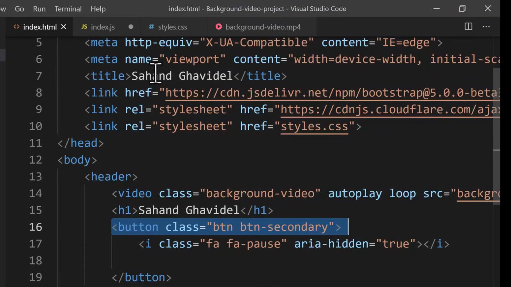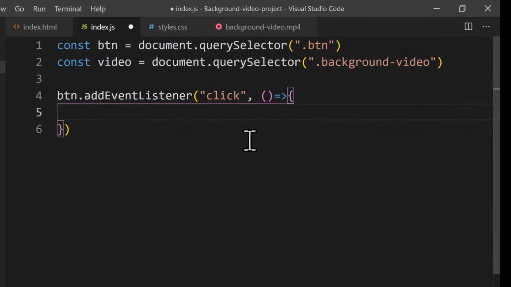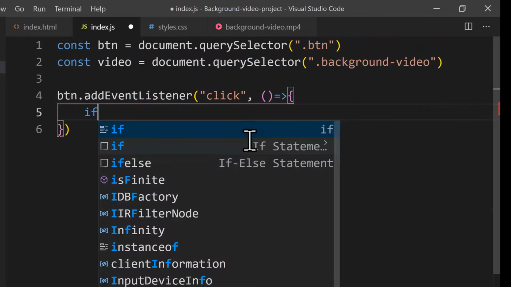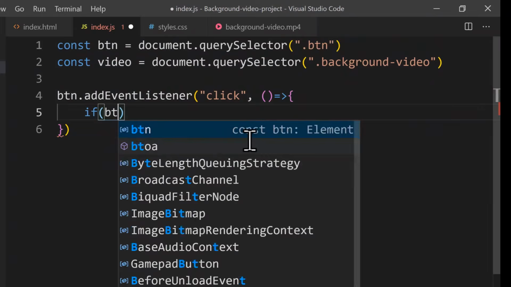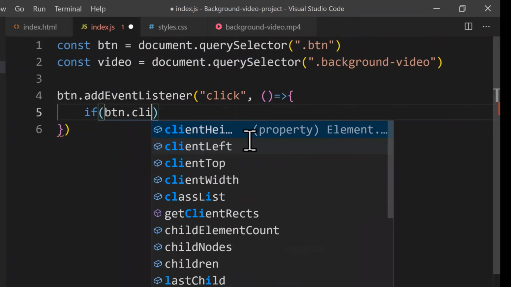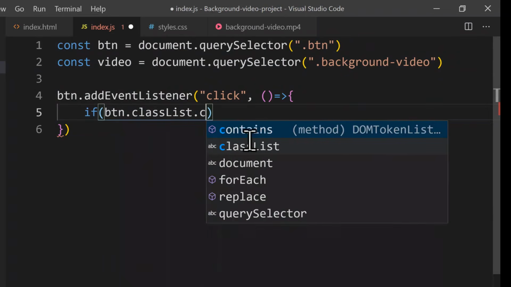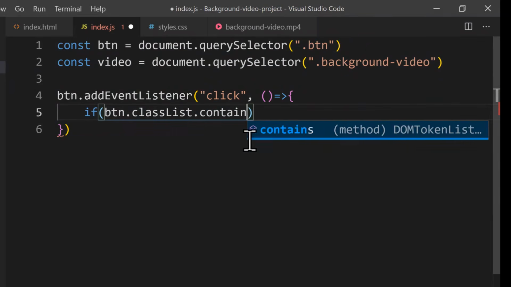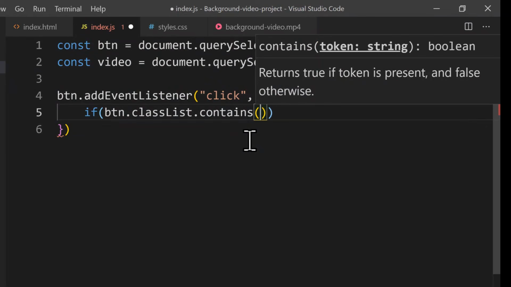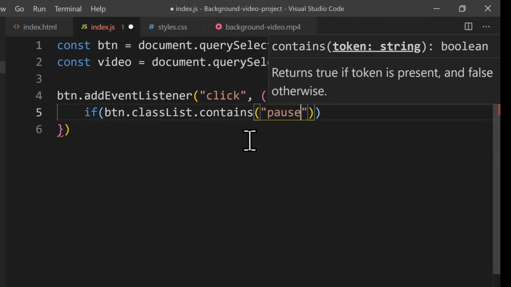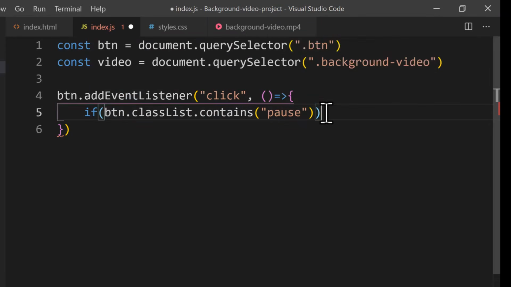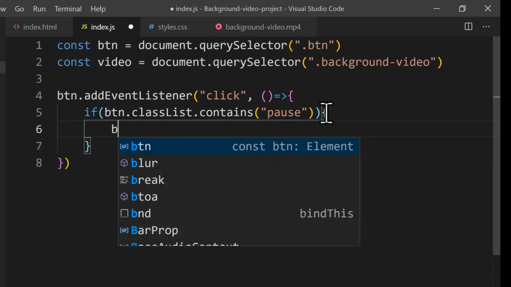Moving to the index.js file, we write a conditional check. This check looks to see if the button element has a specific CSS class. We use the classList contains method for this purpose. Inside the parentheses, we type the word pause. This condition checks whether the button currently has the pause class. If it does, the code inside these curly braces will run. We open up a set of curly braces for our function. Inside them, we write